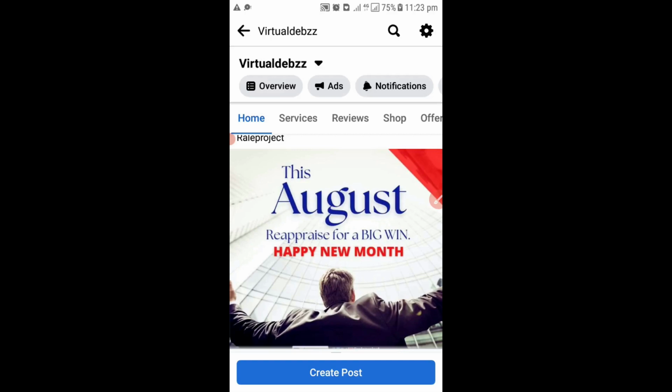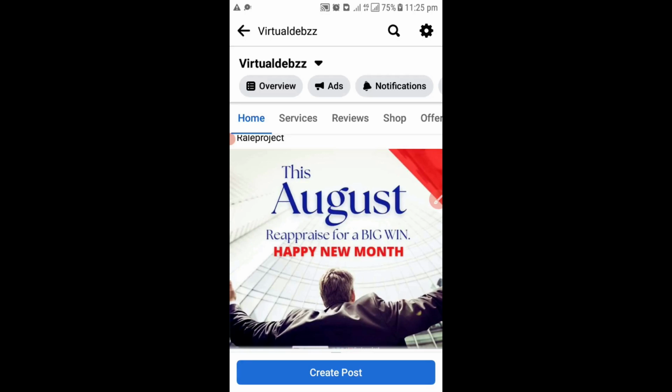So yes, you can actually send people directly to your Facebook inbox or your Facebook Messenger, or you can send them also to your WhatsApp or whichever page you decide to send them to. But have it in mind that you must have a landing page, because without a landing page, you should not be running an advert, because you need a place to nurture your prospects and turn them into